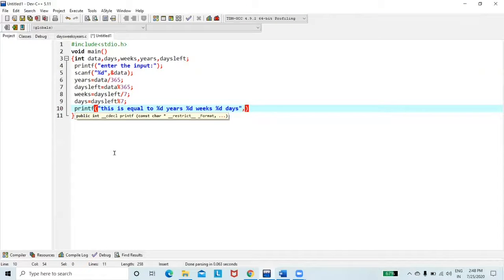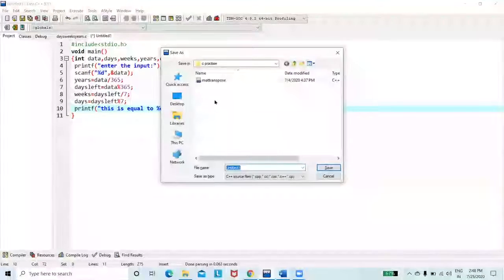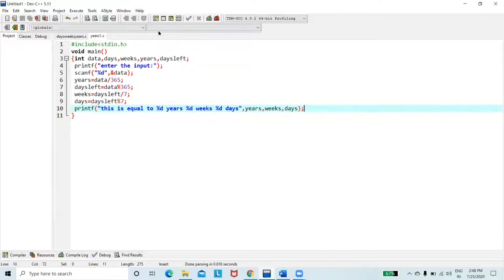They are stored in years, comma weeks, comma days. Okay, fine. Don't forget the semicolons. Okay, now let's save our program. I'm using Control S. You can name it anything, and .c is the extension. Save. Now I'll compile this program.